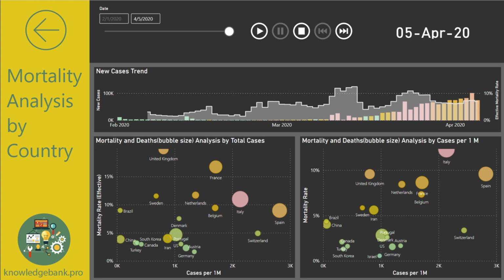And as I demonstrated in the deck before, when the cases are growing much more rapidly than deaths, the mortality rates are definitely skewed. Let us take a look at our dashboard now